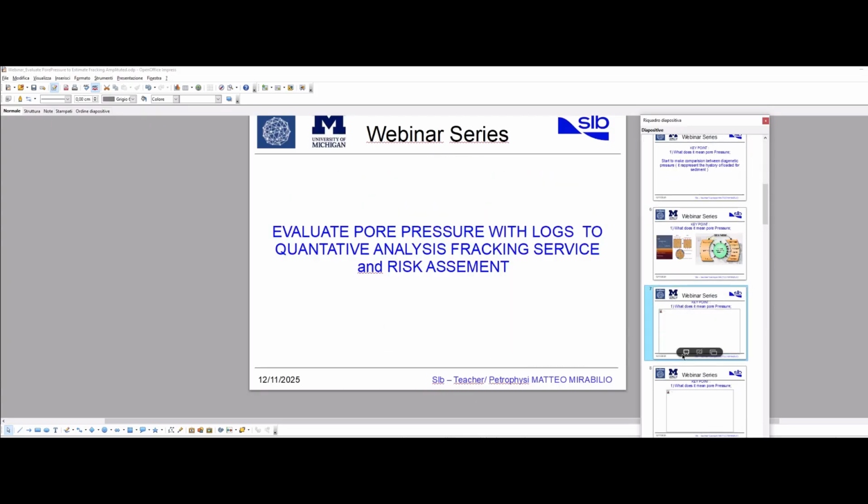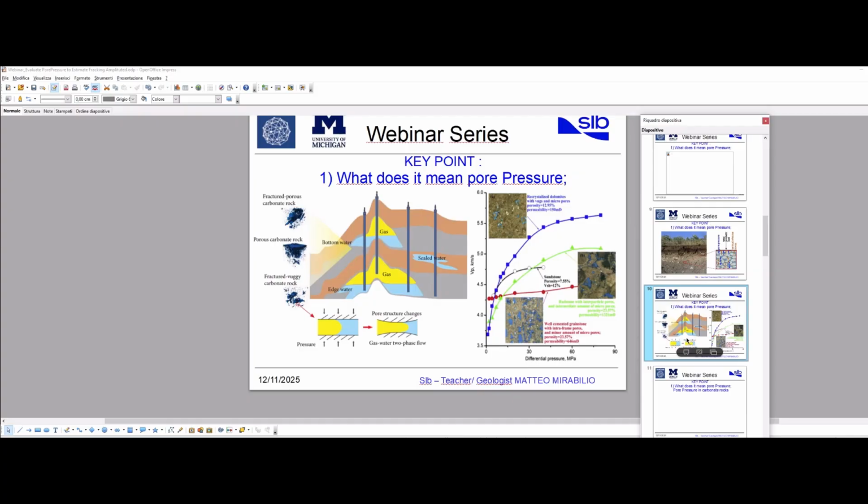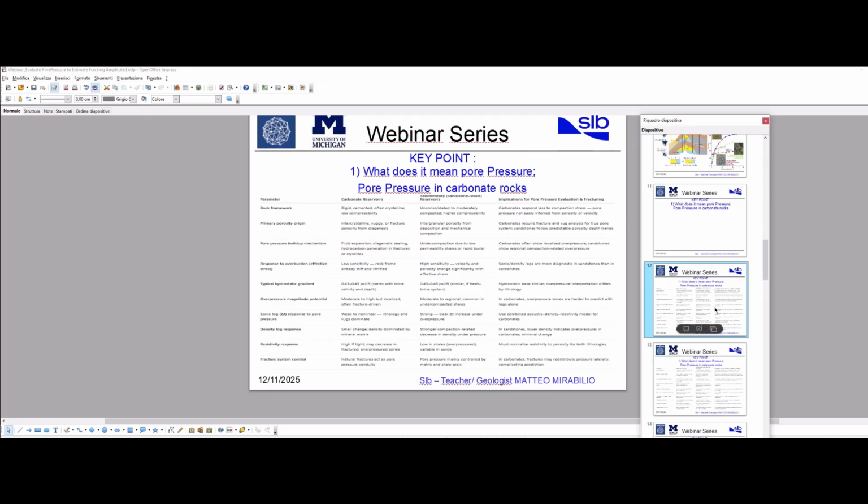But these effects are more complex in a reservoir, and if you analyze the reservoir, you can use, for example, sonic logs or seismic acquisition. You need different curves of differential pressure, for example for recrystallized dolomite with this kind of porosity, or you can also have well cemented sandstone with intraframe pores. So to evaluate this kind of pore pressure phenomenon in carbonate and sandstone reservoirs, you need